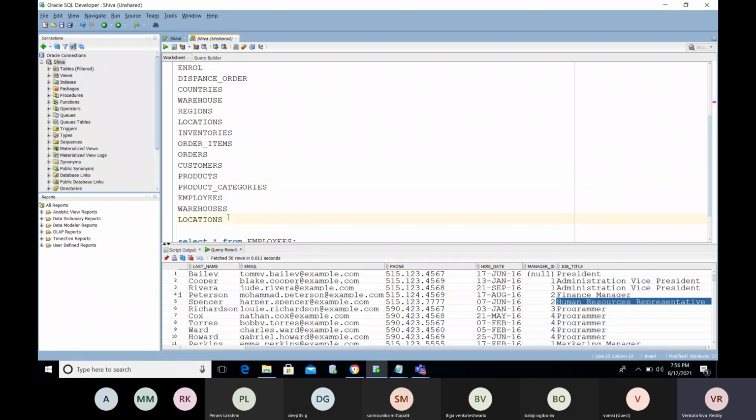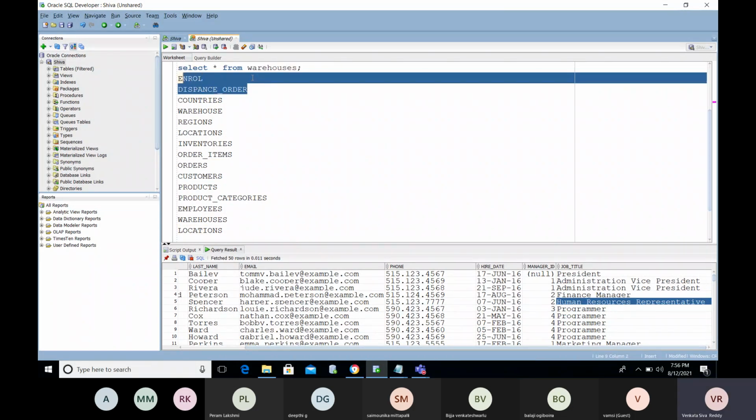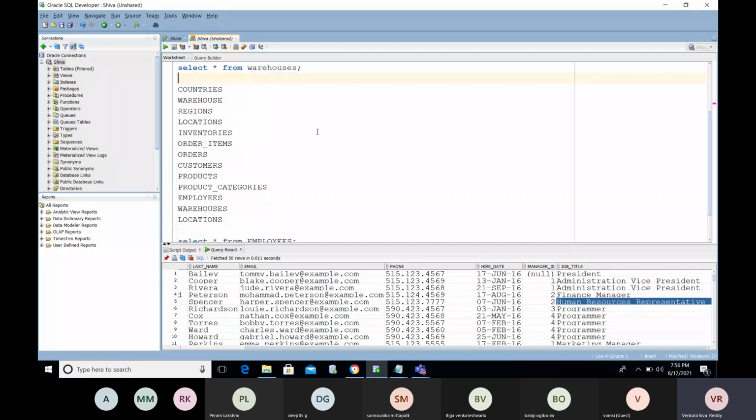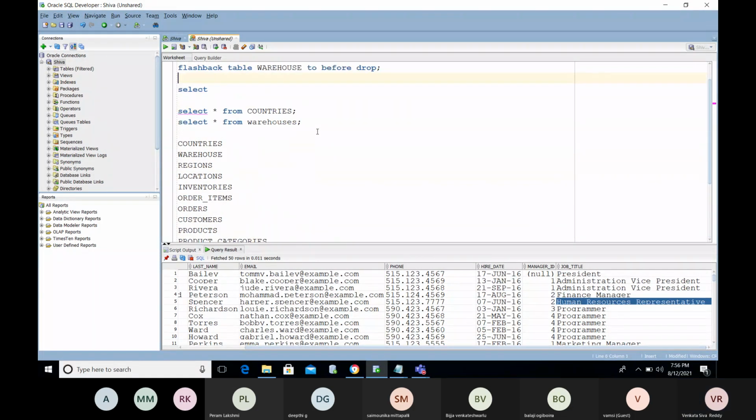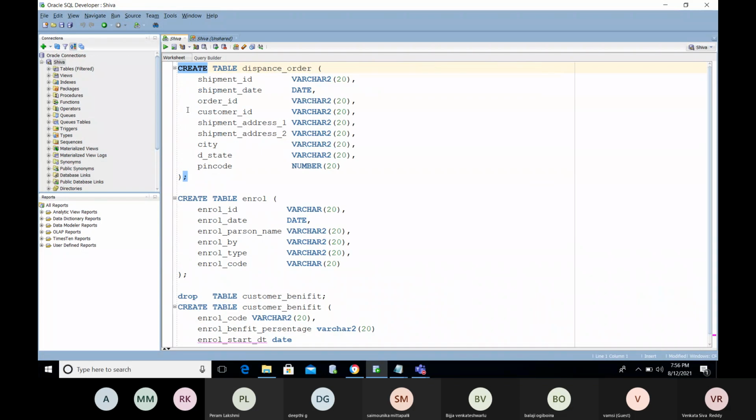Okay, location. You now understand almost all the tables except these two tables. These are the new tables we are going to create today. See, if someone orders something on Flipkart or Amazon, you will get a status that the order is placed. The date on which the order is placed is captured, and that is called the order date.